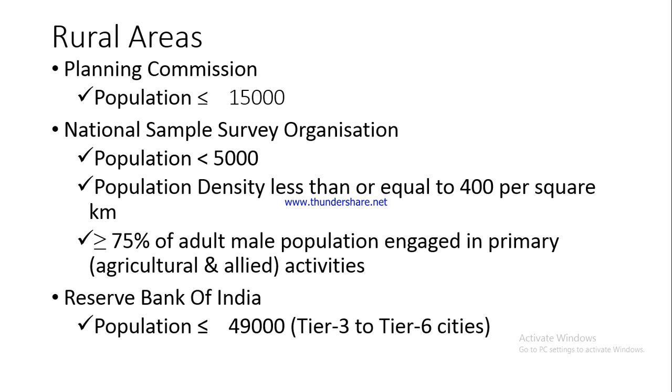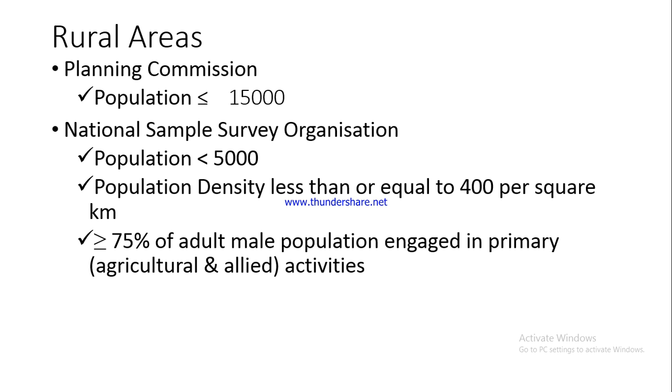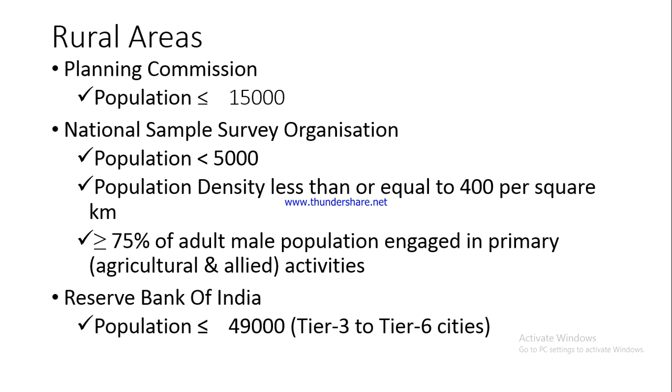So the main objective of setting this criterion is that most of the adult male population which goes and does some work should be engaged in primary activities, because this is what happens in rural areas. You have primary activities being done in rural areas. So this is one criterion set by the National Sample Survey Organization. Now you need to keep in mind that all these three criteria have to go together, which means once a particular area satisfies all these three criteria, then only it can be categorized as a rural area. Now the